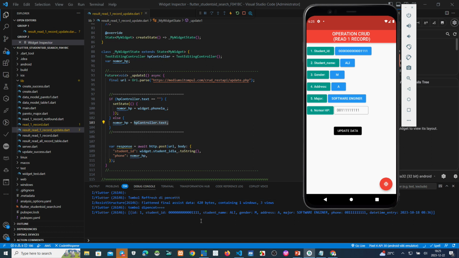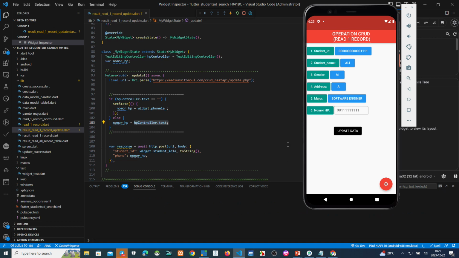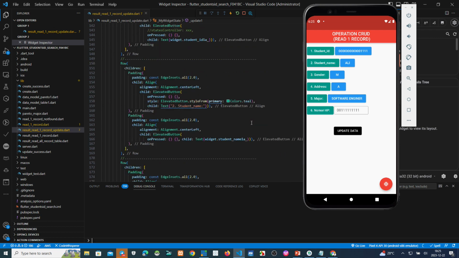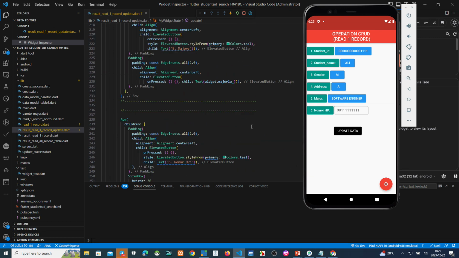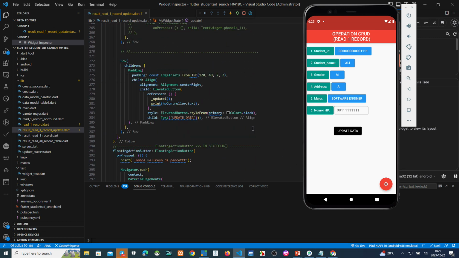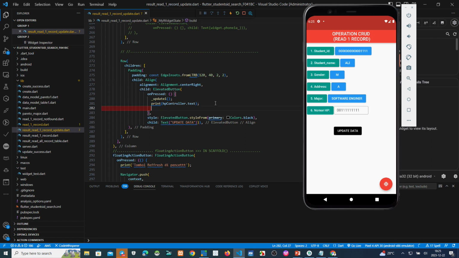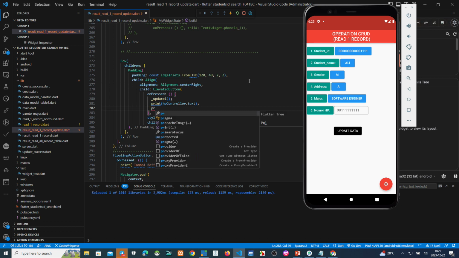But why the bug? There is no change here. Oh, sorry. Because we must put also here. Where is it? This one, print. This is a HP control, but we must put here, print.